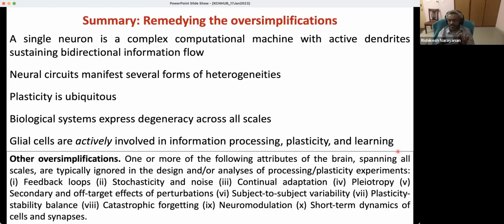So as a consequence of that, for a given kind of activity pattern, one set of neurons might be responding more than the other. That brings about heterogeneities. And there is a certain noise component also which contributes to it. So it's a nonlinear combination of all three is what I would think of as the origins of this intrinsic heterogeneity. And of course, if there are pathological components that come into the picture, in terms of some kind of insult that comes from the external world, or sustained changes in activity patterns as a consequence of that initial insult, then that also could result in